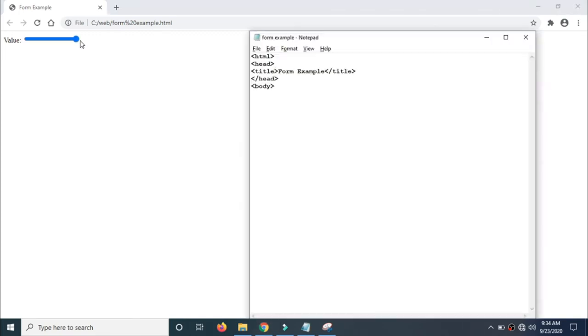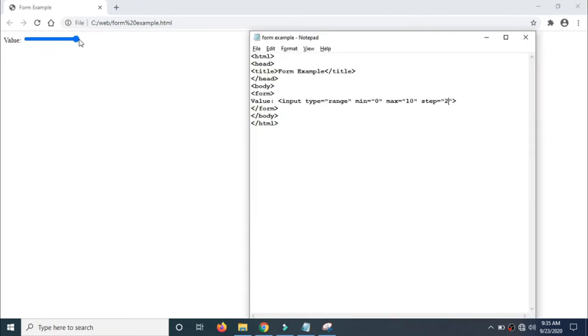So now you can notice that from here to the end there are 10 steps: 1, 2, 3, 4, 5, 6, 7, 8, 9 and 10. Now I'll make a slight change. Instead of 1, I'll give 2. Control S. Coming back to our program, if I refresh this, now you can see that in each step the value will be increased by 2. So how many steps from starting to ending? 5 steps, is it right?